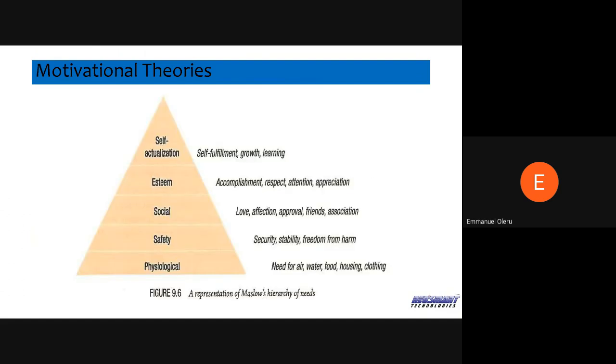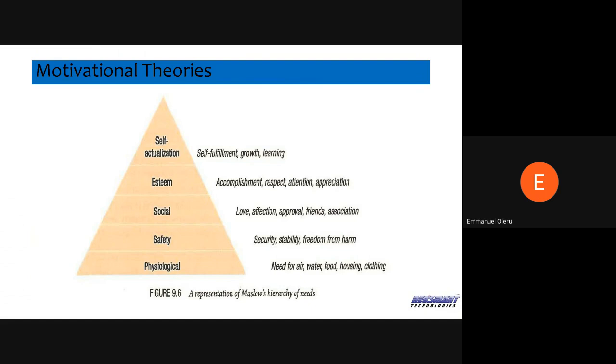And then in terms of rewards, how do you give rewards? Because sometimes you don't just give a reward. You need to be very strategic, even as you try to give reward in your team development. And for you to understand how you reward people, you need to understand the hierarchy of needs, right? And that's why this is here. There's a guy called Maslow. I don't think he's still alive, but he came up with the hierarchy of needs, which is also a widely accepted pyramid that defines the needs of people.